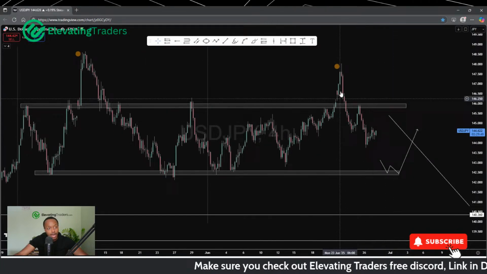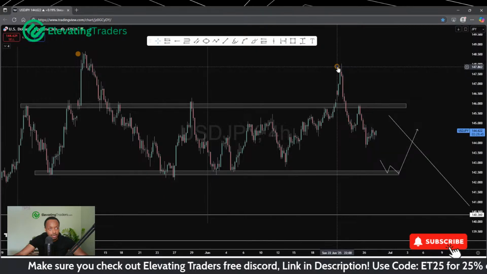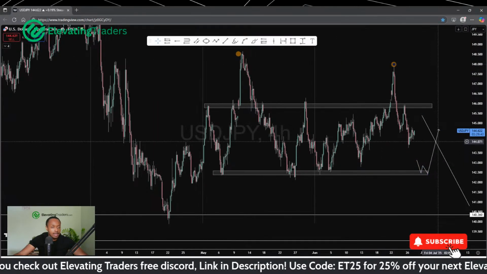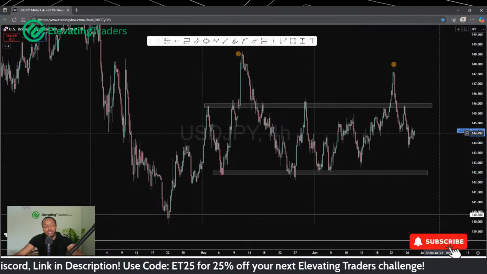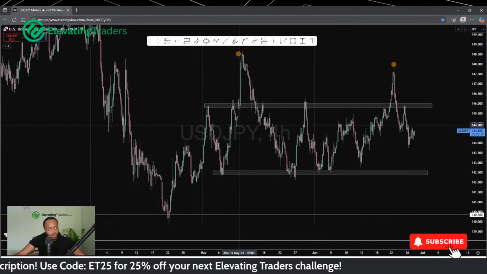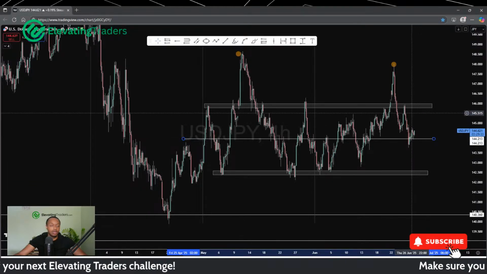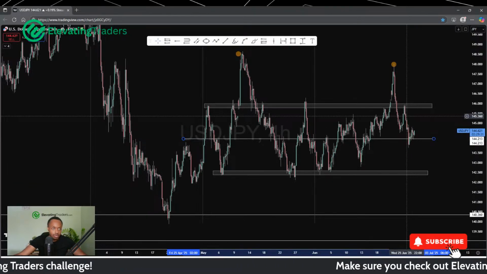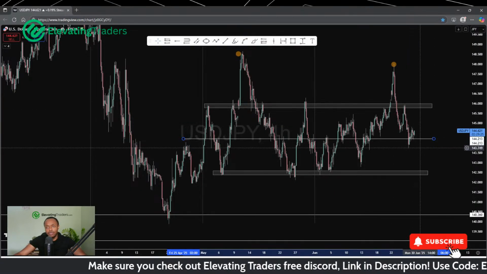Recently this week we had the fake out, price came back, retested it, very nice sell off the back of that. Yeah, and now in the middle of the range, so there's not a lot to work with, there's not a lot to do. In the middle, that's where the most uncertainty will be. So this is not an area which I want to be looking to operate in, find entries, put stops, put the target, sorry. This is not the area which I want to get involved in at all.